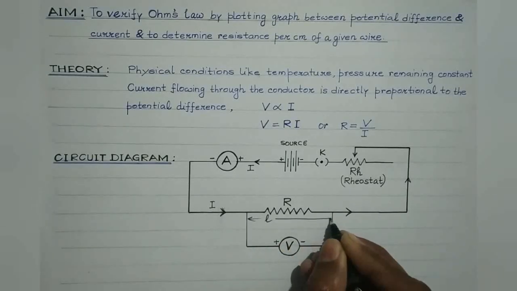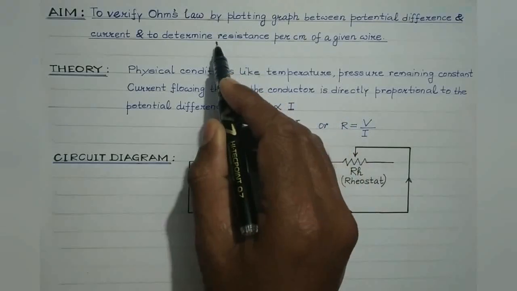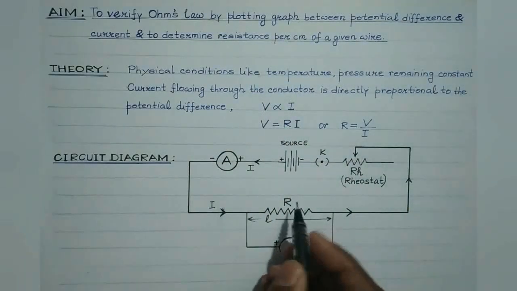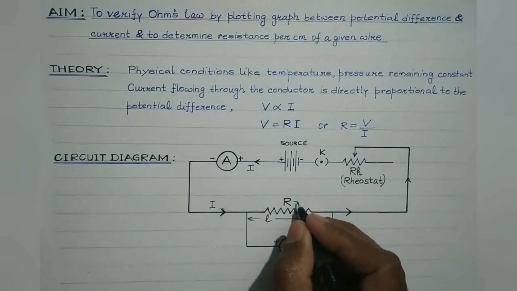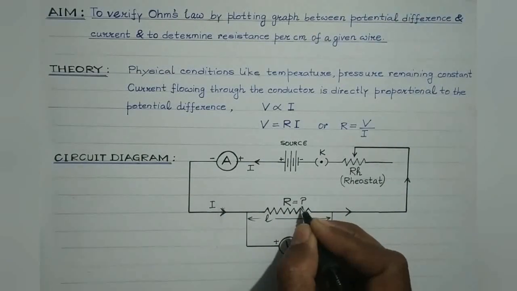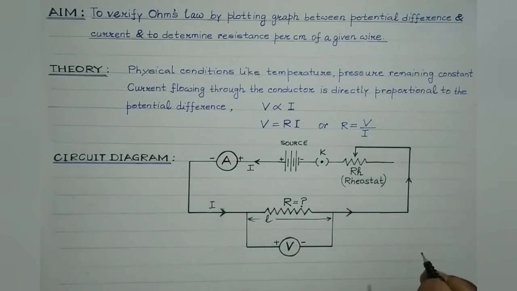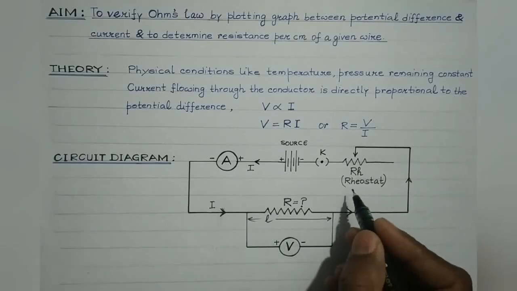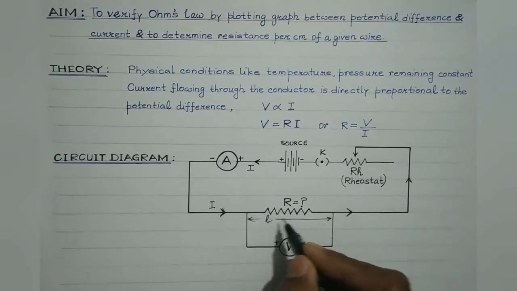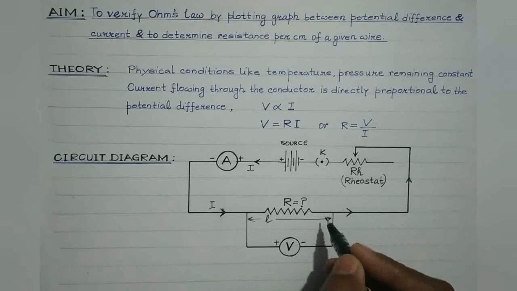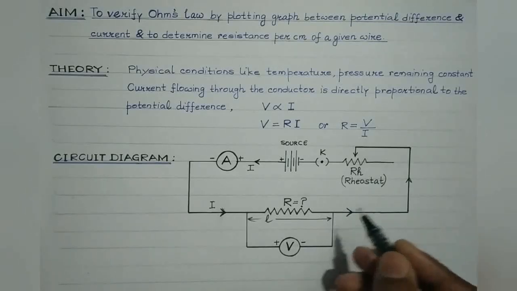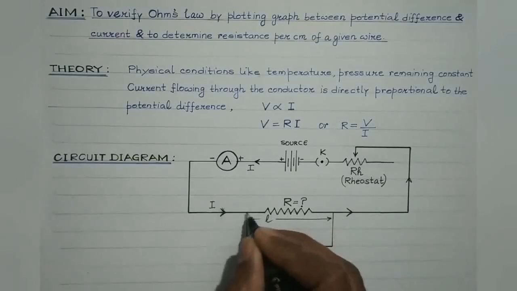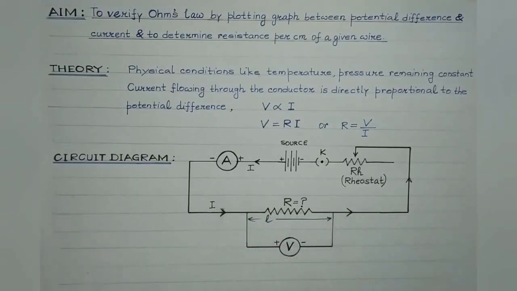This is the length of the wire. So if we want to determine the resistance per centimeter of a given wire, what we do is we will first find out the value of R. The value of this resistance can be easily determined, which we will discuss, and by measuring the length of this given wire we can find R by L. If L is in centimeter, then resistance per unit length of the wire would be in ohm per centimeter, right? So L represents the length of the resistance wire through which this current I is flowing.